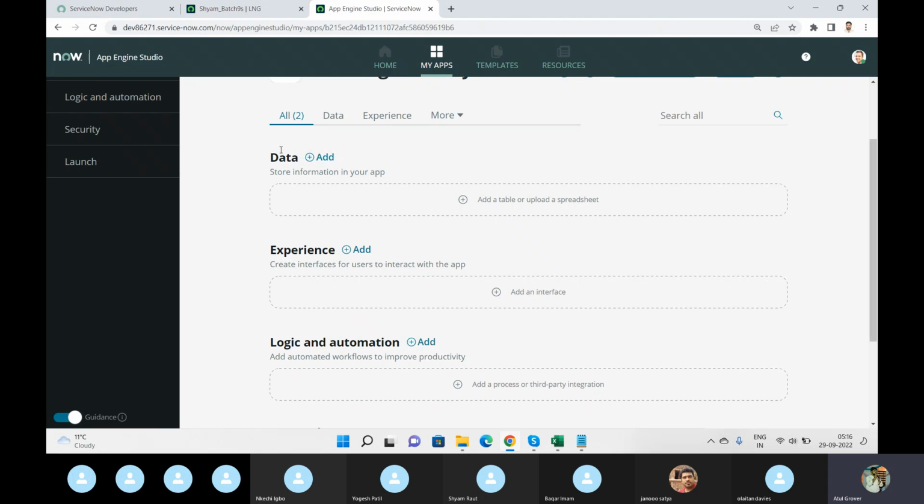So basically, when you want to go for completely custom development, then we go for this. Okay. It is a separate interface. It is another interface to do the work, guys. Okay. So now